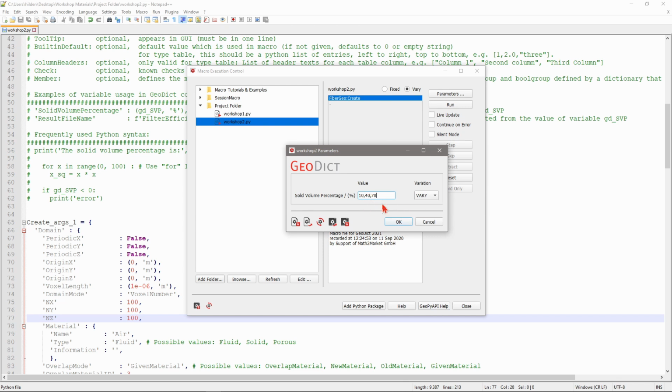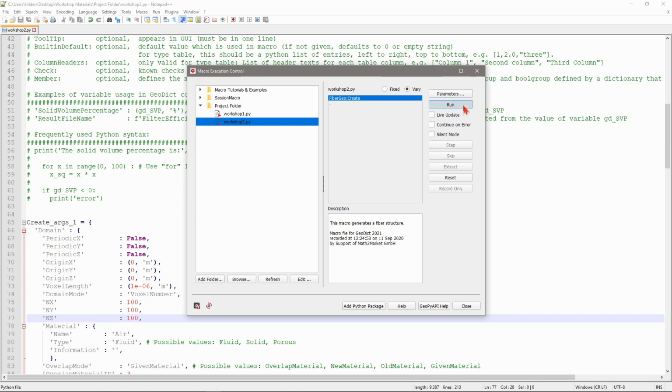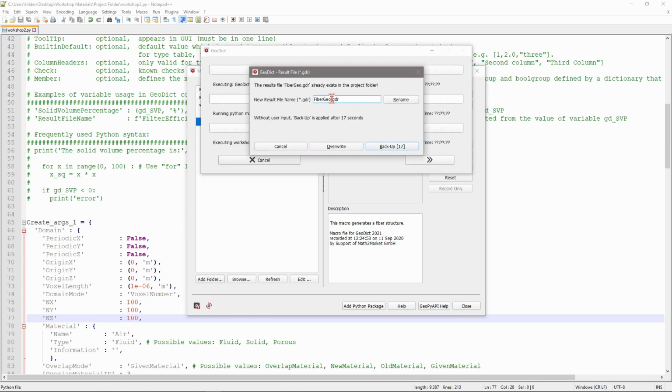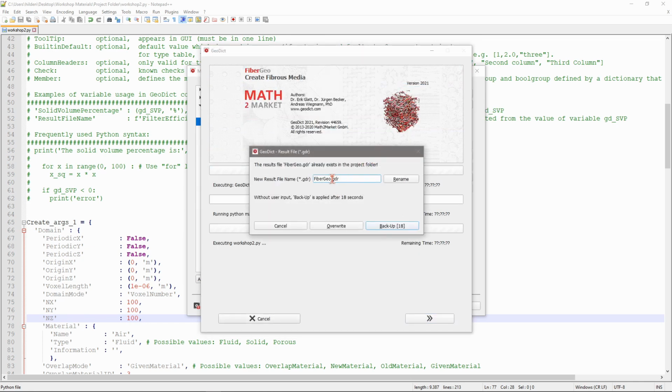For multiple variables, you can have the given values vary in parallel or even run all combinations, cross product. We will see that also in the second part. So for now, we click OK, and then click on Run. And now, for now, we have to change the result file name manually, but we will automate this in the second part, you will see. So second one would be 40. Click rename, and the third one would be 70. And click on rename again.